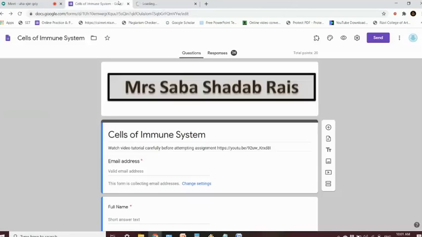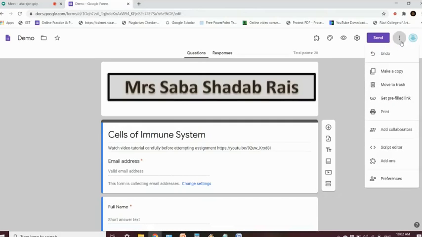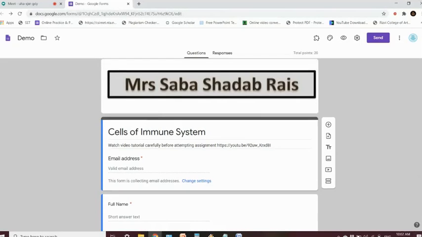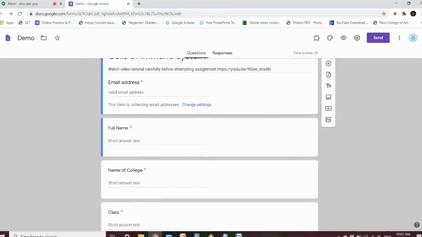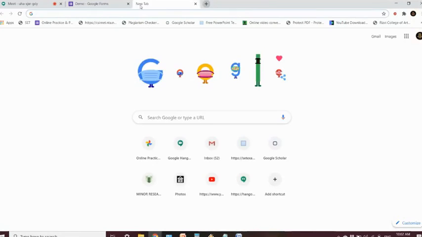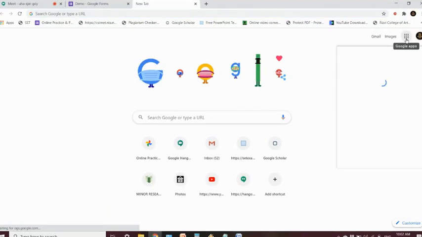So my new form will be created. Or maybe your college or institution has sent you a link saying this is the format. So simply type that link, that form will open, and here you can make a copy of it. Okay. And even if it is a new form, you can prepare it very well. Your copy is ready. Now whatever questions are there, you can delete them and simply add your own questions. Now other features of Google Form we will see in a new Google Form.